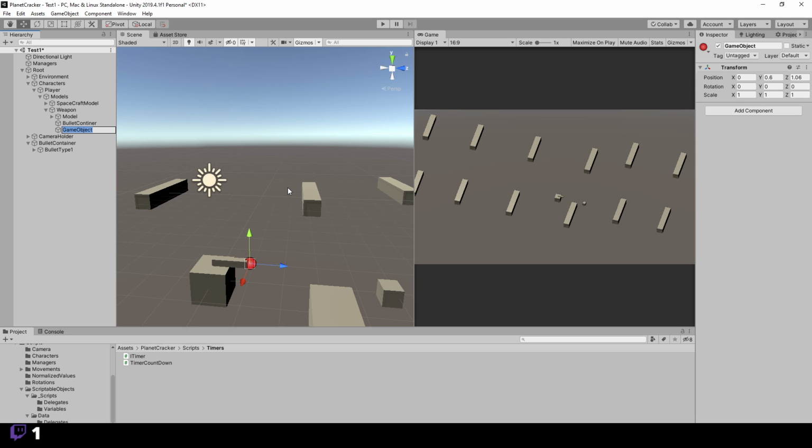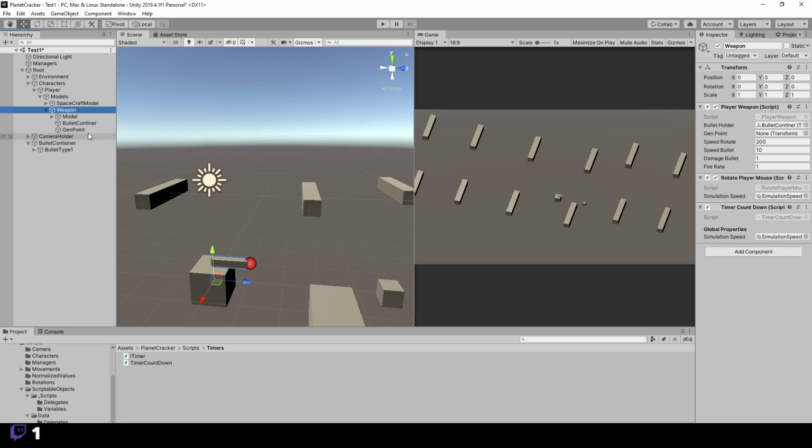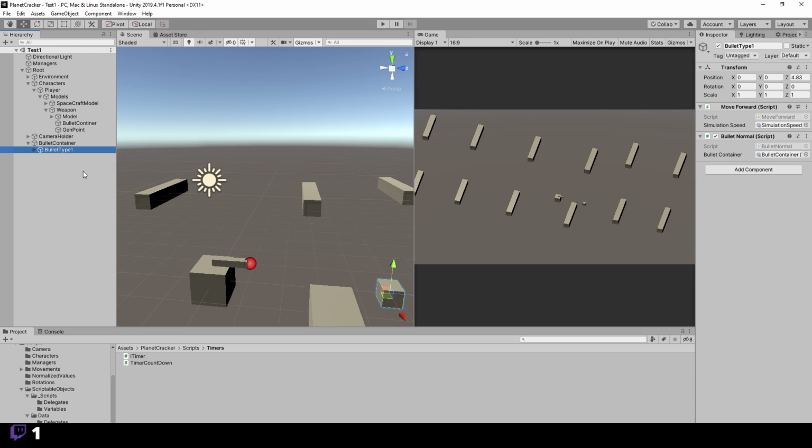GP. So generation point is that. Right. So everything else is now set up, and I have the fire option. Yes, it is, but I do not have bullets, so